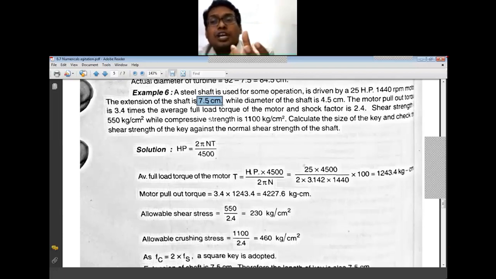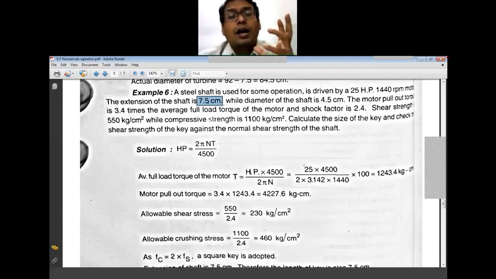At this time, the torque provided by the motor on the attached shaft will be more initially. Once it is in rotation, it will have the steady load, steady torque. In running condition it's the steady torque, but in initial conditions, it is the motor pull-out torque, and